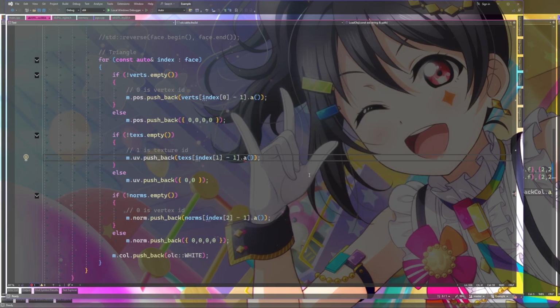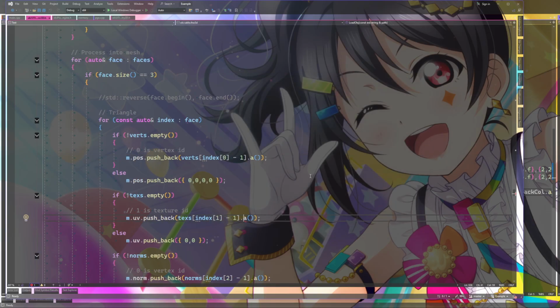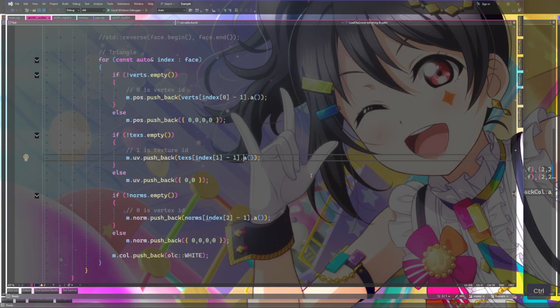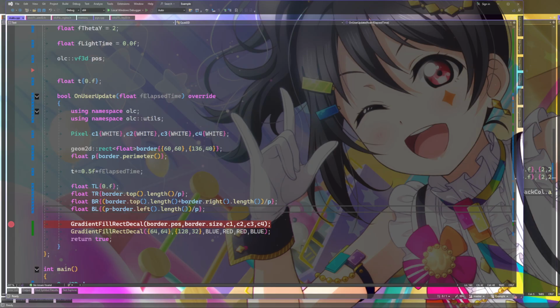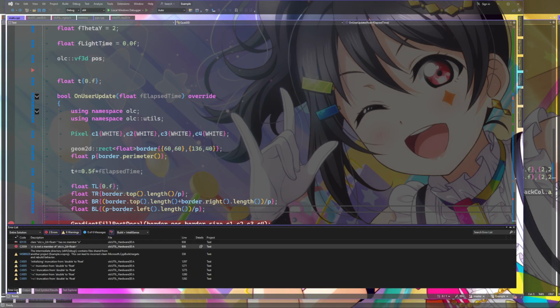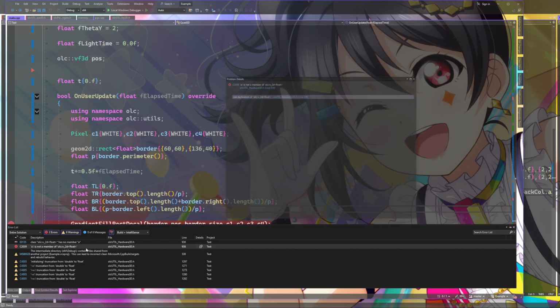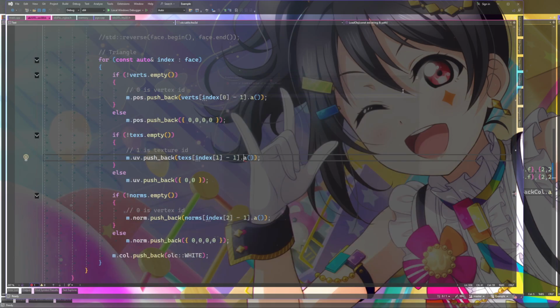A is not a member. What? A is not a member of V2D float. Oh, we must be using an old version of Geometry 2D. Let me update that real quick. Classic.